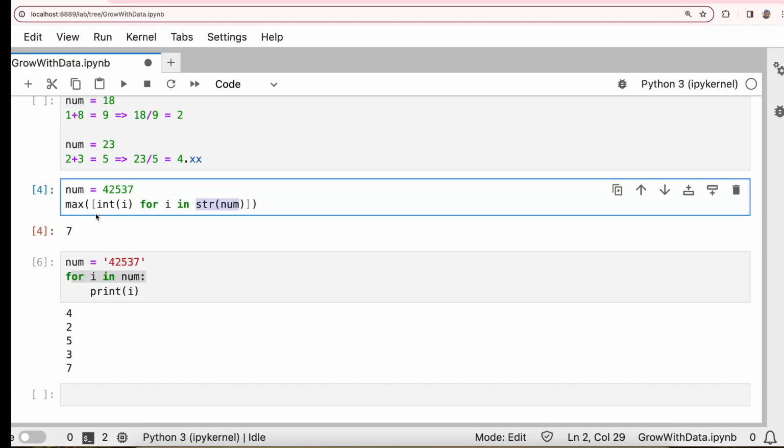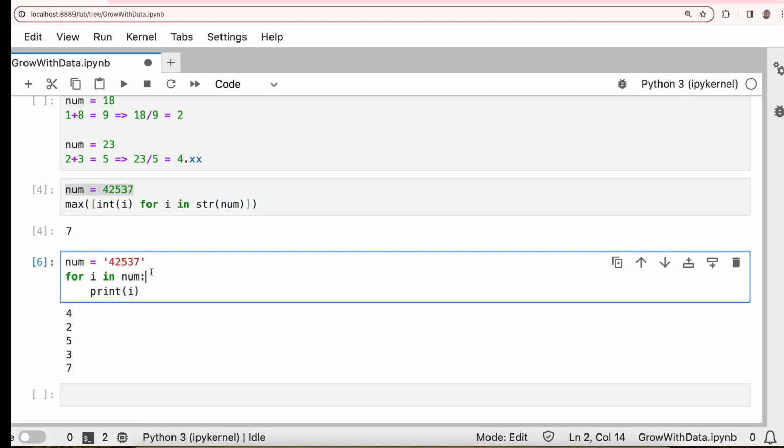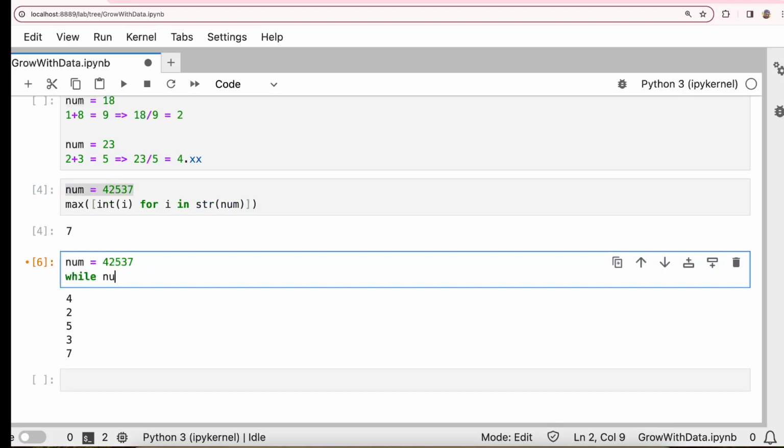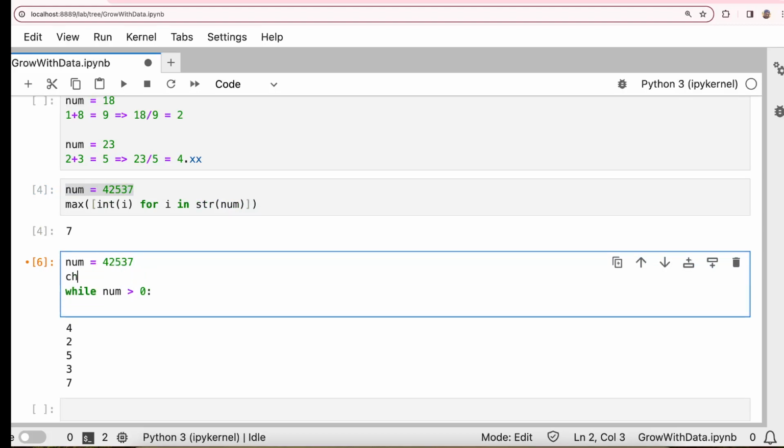The second one is the mod function. We did num equal to this. While num is greater than 0, we set check equal to 0, and then check plus equal to num mod 10, so we add every digit.